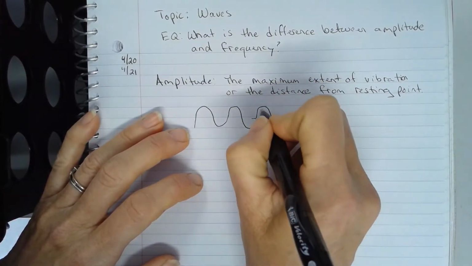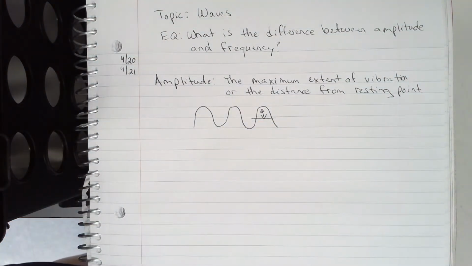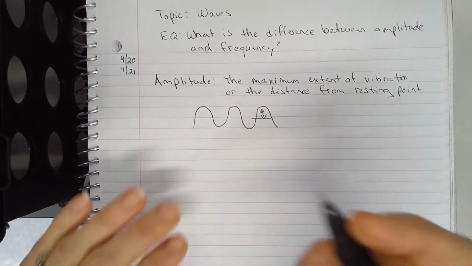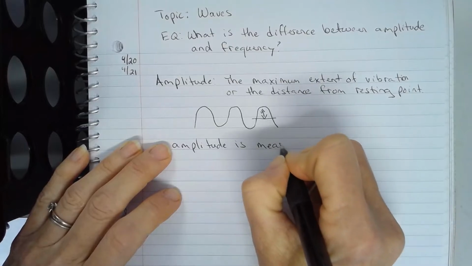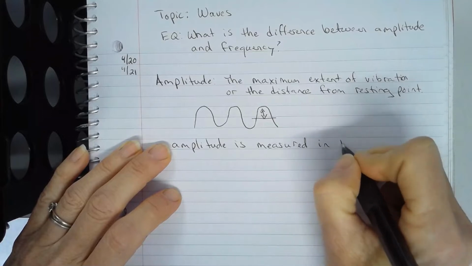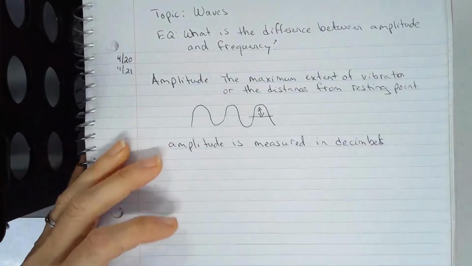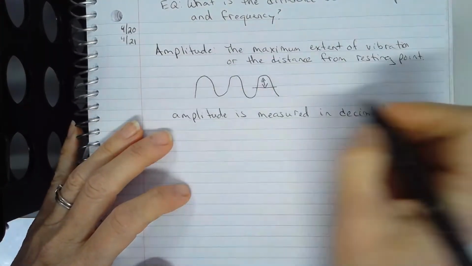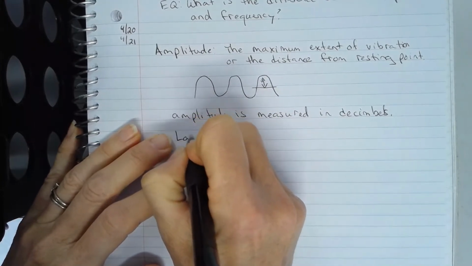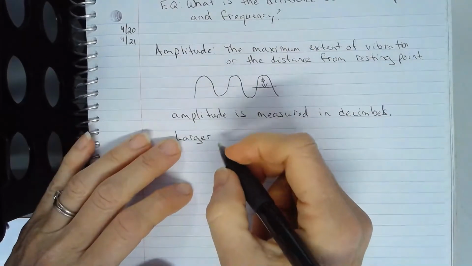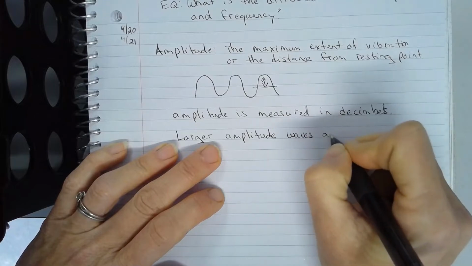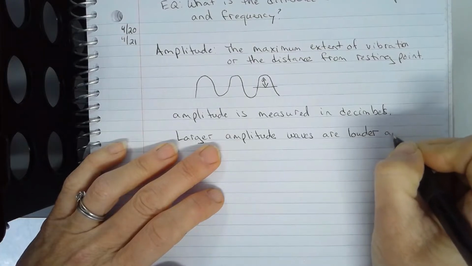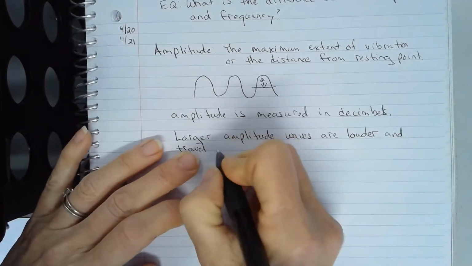And amplitude is this right there. But how we apply it is, let's talk about this, that amplitude is measured in decibels, capital, and larger, meaning the higher this is, the larger amplitude waves are louder and travel further,